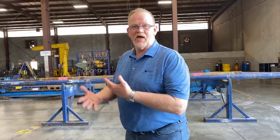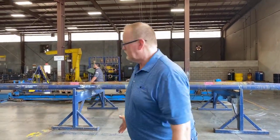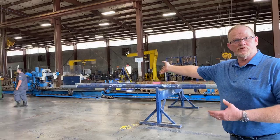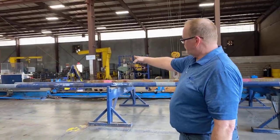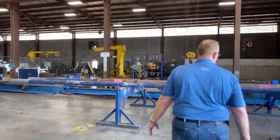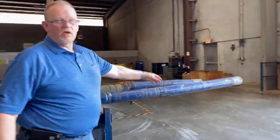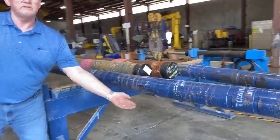So as we look at this as it's complete, what I was talking about, you have your top section that has your float valve in it, and also has your rotor catch in it to keep it from, if something happens. You have your power section, which is your stator and rotor that we just looked at. You have your transmission, which is the fixed bend, which gives you your one point of contact,